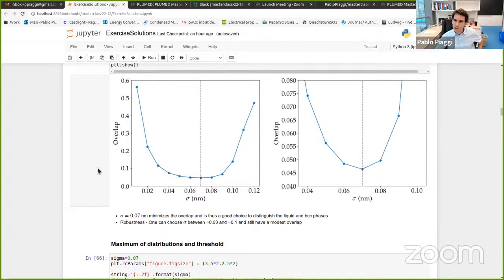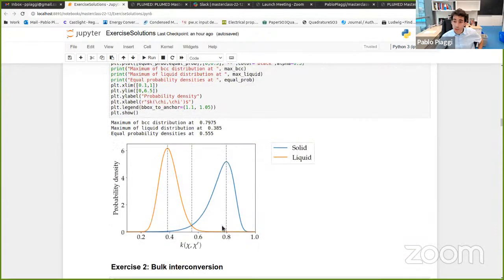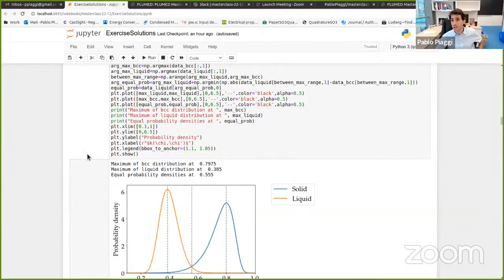I'm not sure it's from the overlap you can say that. Certainly you can say that based on the distributions, in the sense that you know the exact fraction of atoms that are mislabeled. Okay, so if you compute that fraction, that would tell you how many of them are mislabeled. Yes, yes. So you would have to compute the tail of the distribution, say beyond the threshold that you choose. Yeah, clear. Yes. Anyway,